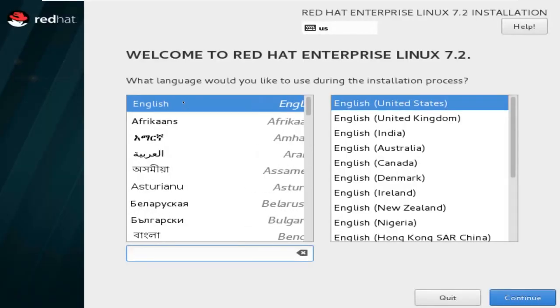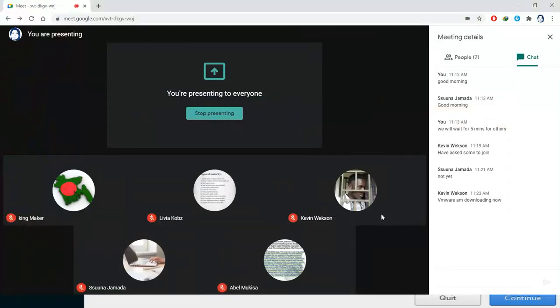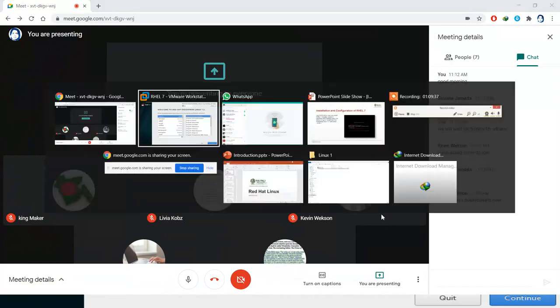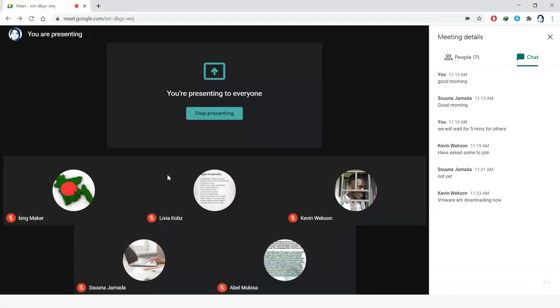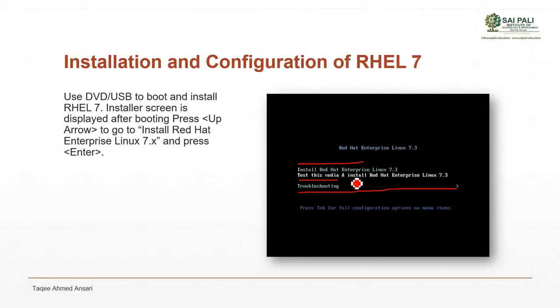Okay, now here we can see the mouse, and we can use the mouse to select the configurations. So here, if you want the graphical installation, you select the option and then press Enter, and then